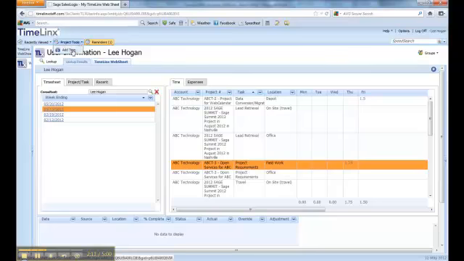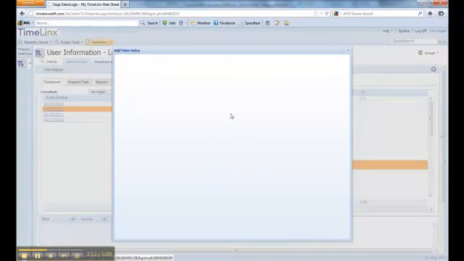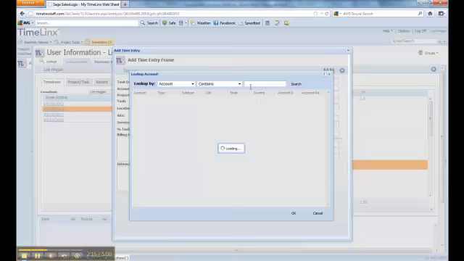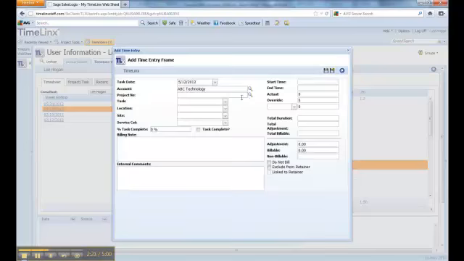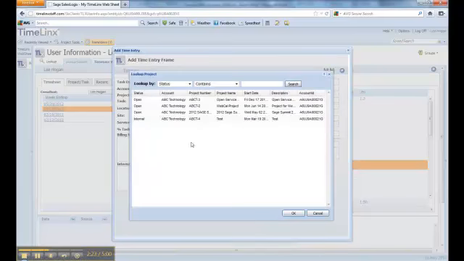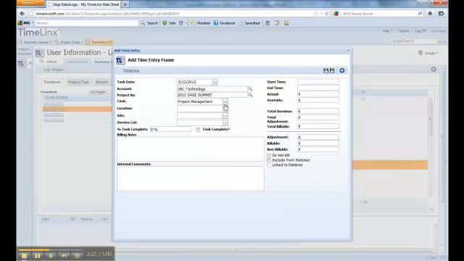Project Tools, Add Time. Here it gives me a blank sheet where I can start with any particular project that I want for any customer that I want. I'll choose the customer. I'll choose the project. I'll choose the task. I'll identify the location. In this case, I want to choose a travel location because I went on site to